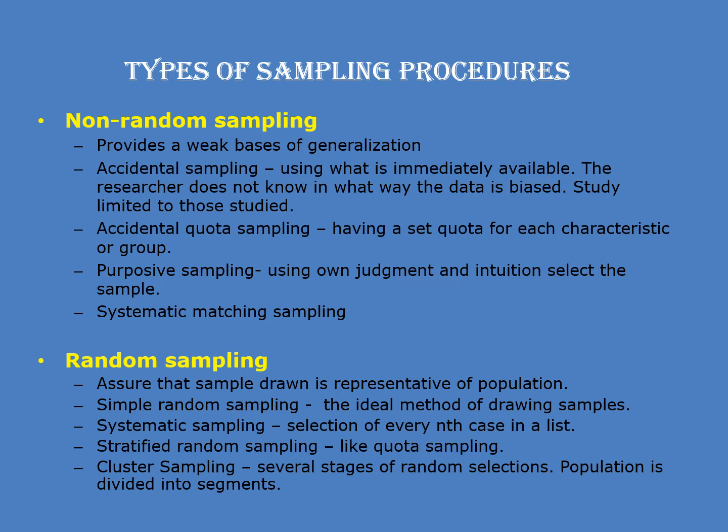Then, as part of non-random sampling, there is something referred to as purposive sampling, which is using your own judgment and intuition to select the sample. A bit like quota sampling from another perspective, purposive sampling is where researchers or investigators know full well and quite well, around particular research questions,